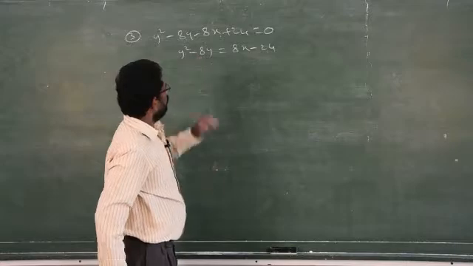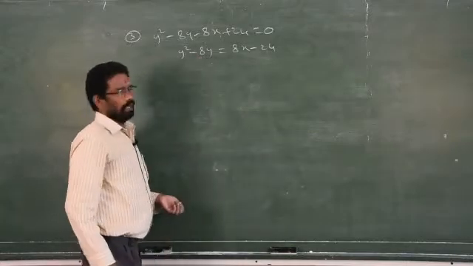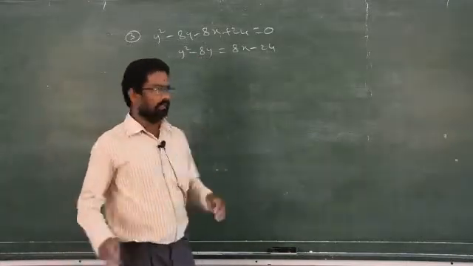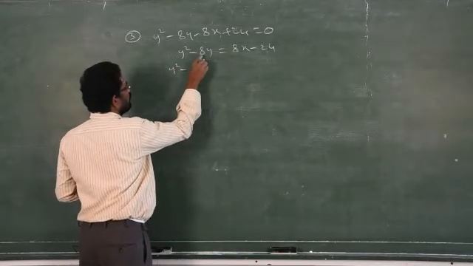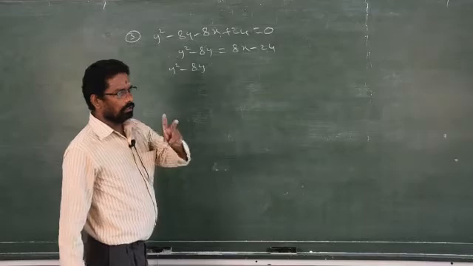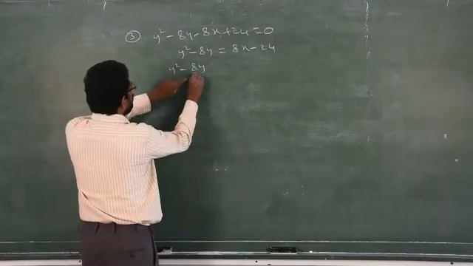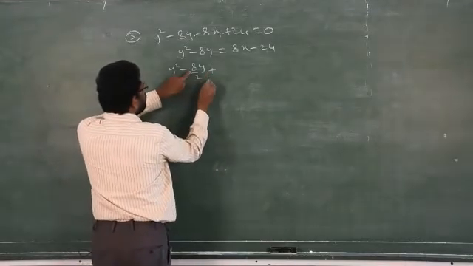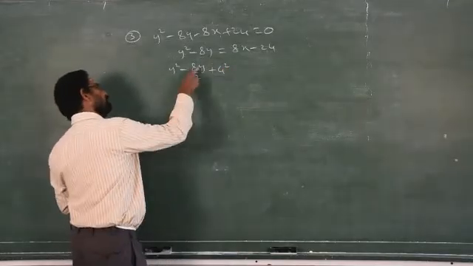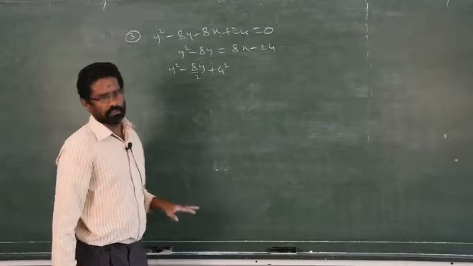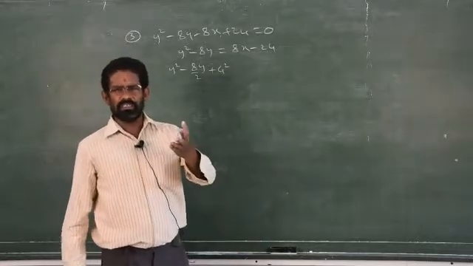Then you have to apply the completing the square method that we will study in 10th standard. How do you apply it? You divide this number by 2 always. When you divide this by 2, what will be the answer? 4. Add the square of the quotient. So divide by 2 always, that you learned already in 10th standard.